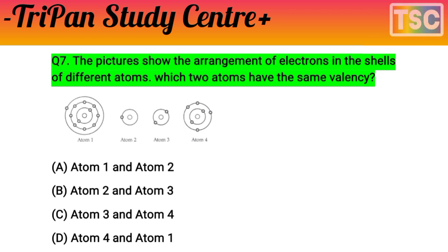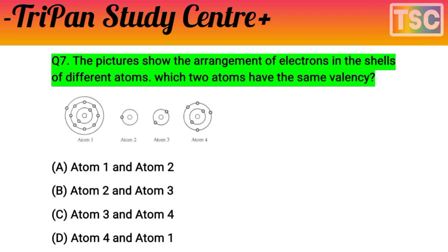You know that valency is the most important, but one fact you understand, the fact here, the valency electrons are the electrons in the outermost shell. The valency electrons are the electrons in the outermost shell or energy level. The most important is the outermost shell of the atom. In atom 1, the last orbital carries 1 electron.